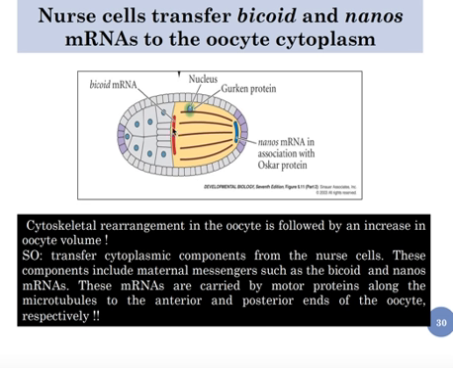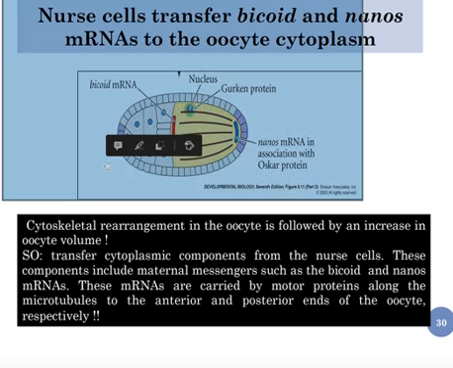And according to the different carrier proteins, we have a movement of the bicoid towards the anterior side to become the most anterior determinant, and nanos and oskar bound to each other will be located at the posterior side of the oocyte to be the main posterior determinant. Once the anterior-posterior axis of the oocyte is already formed, the nucleus will move from the posterior location to another location near the future dorsal side of the oocyte, in order to start establishing the dorsal-ventral